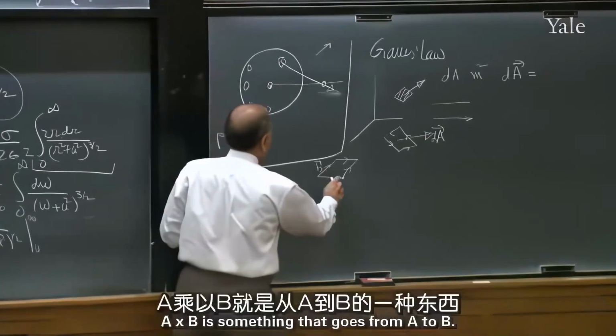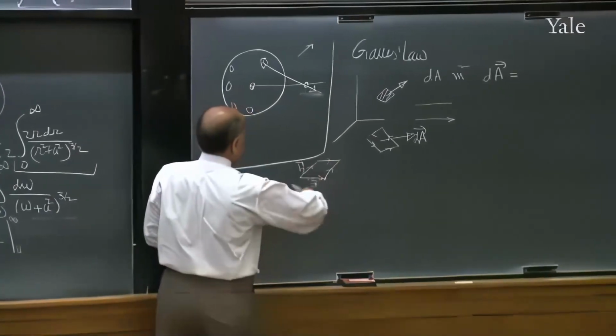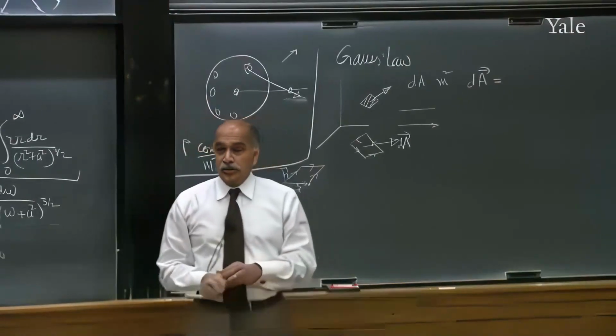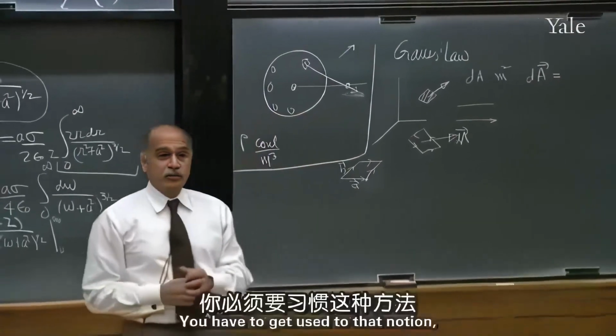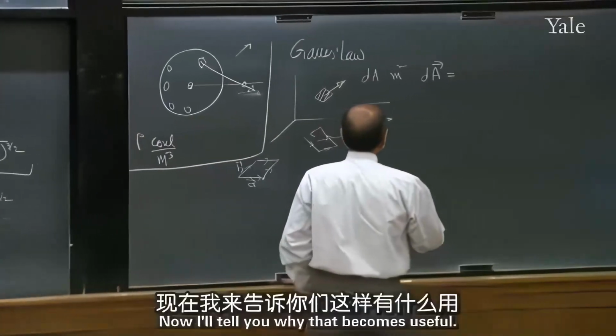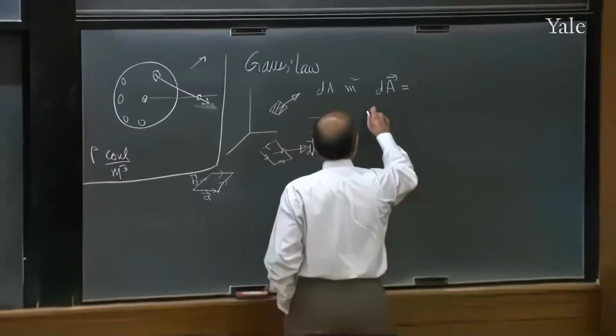A cross B is something that goes from A to B. Or for an area, you draw arrows around the edge in a certain direction. So area is a vector. So you have to get used to that notion, along with all the other vectors you know. But now I'll tell you why that becomes useful. So we're going to take,